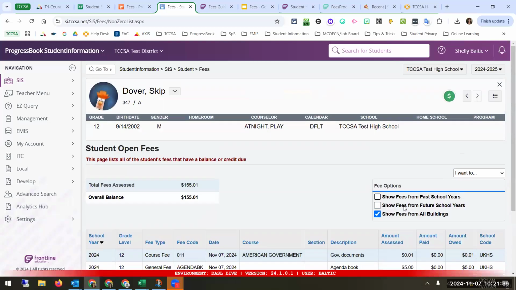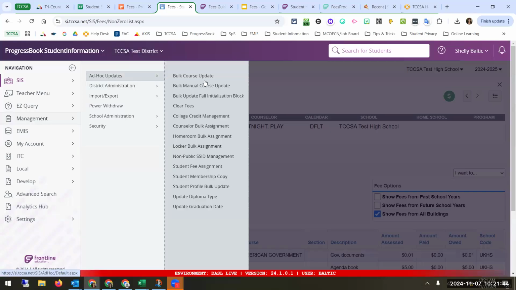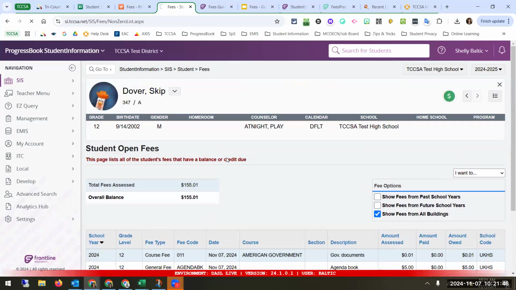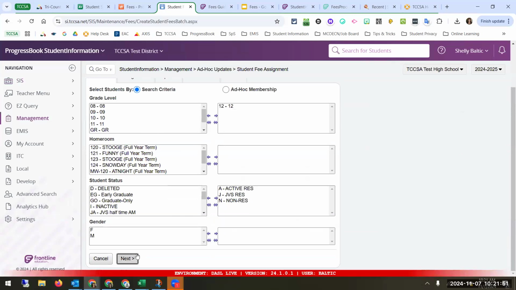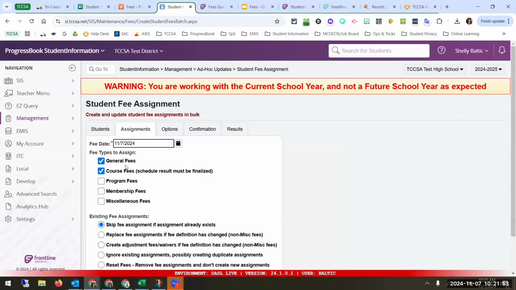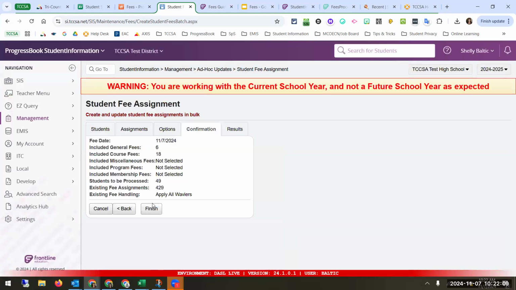But now if I go back through and run my bulk student fees, this time I'm still going to keep it as my 12th graders. I'm going to keep my general fee, my course fees, but now I'm going to say apply all the waivers. Basically, what it does is it looks to see if that FD tab has changed, and then it's going to apply anything that exists. Once I hit finish,